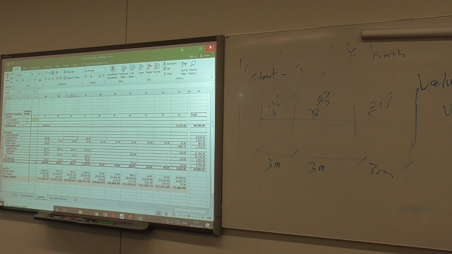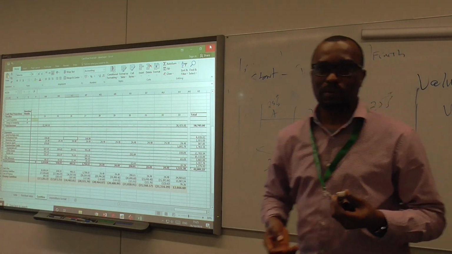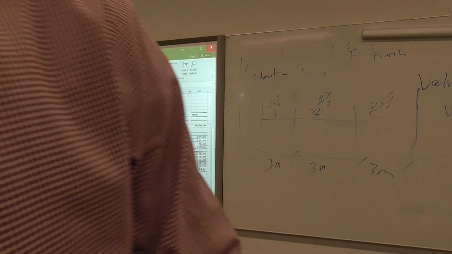Does it have to be the same format? No, you can play around with it. It doesn't have to be the same format. The thing about cash flow is every organization will have the way it does its cash flow. And then also it all depends